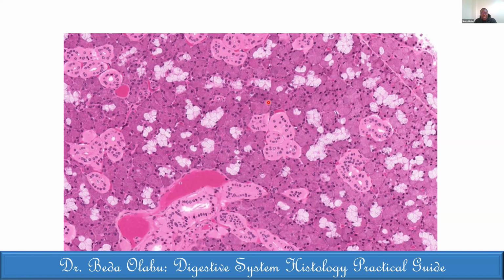I can see serous acini, but I can also see mucus acini. So these are mucus acini. These are serous acini. Take note that they're very different from the adipocytes. Higher magnification